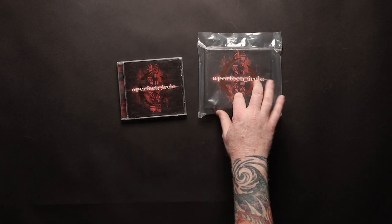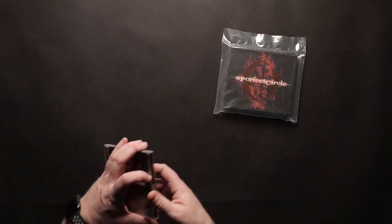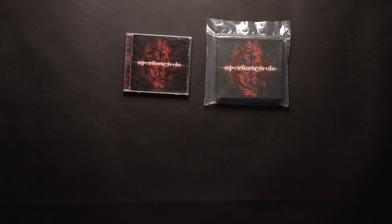Perfect Circle, the first record. This is in the cardboard digipack. I don't know if this is an import. I don't think it is. This is the actual CD. Great band. I'm a huge Perfect Circle fan. By all means,